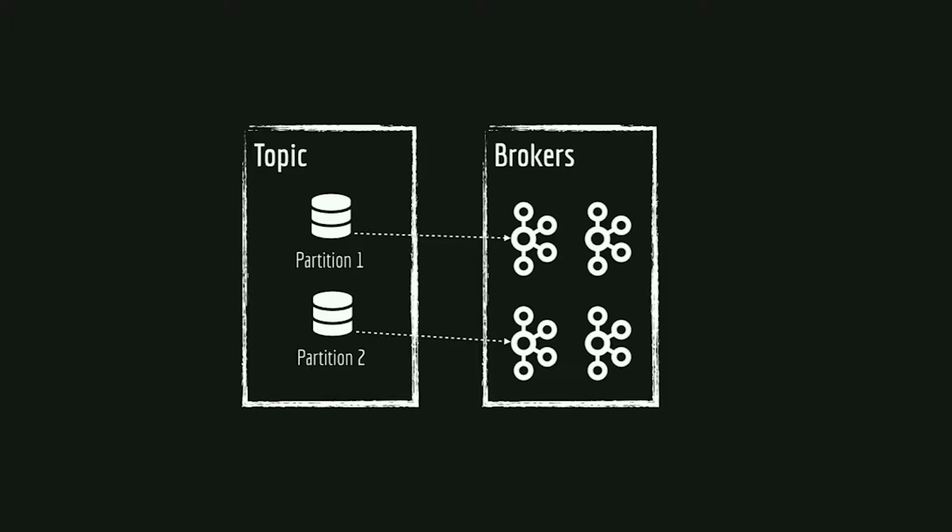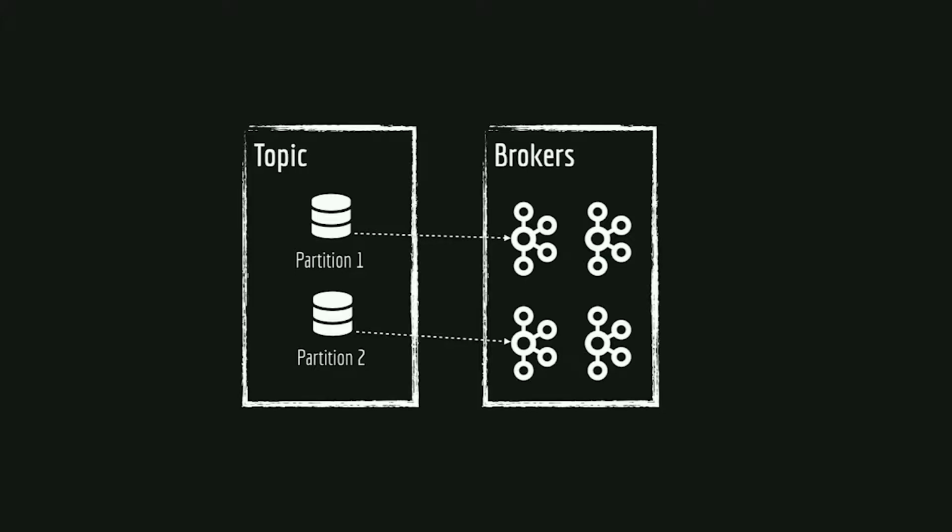And the only way Kafka handles the order of the messages is within a single partition. Each partition of a topic is assigned to a broker. So this broker will be the leader of the partition, and all the followers will read and get messages from the leader to know what the new things are that have been written to this specific partition.